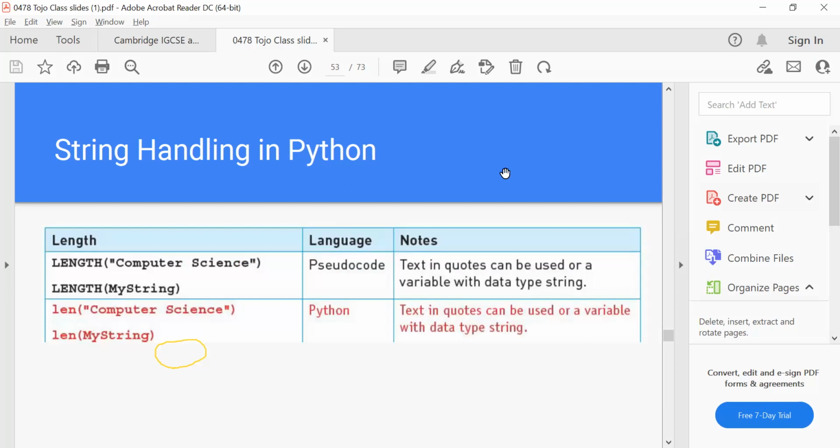Okay, so did you deal with any string handling functions in Python, or even in pseudocode, before? I've seen length. I think that's the only one. Okay, so you already know about length.